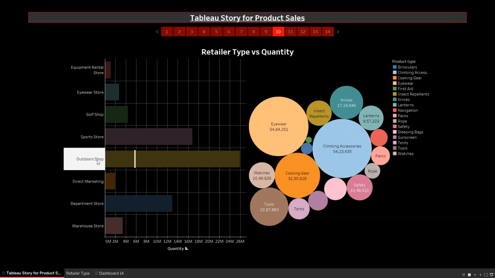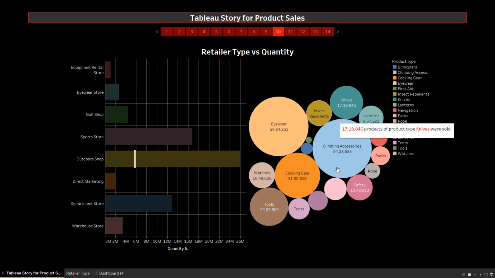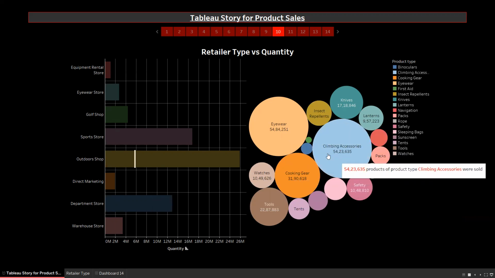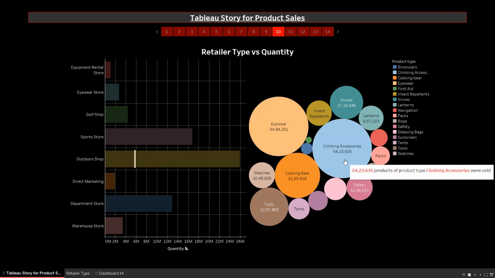If I choose the outdoor shop retailer, it shows all the product types which are sold by this retailer. For the outdoor shop retailer, eyewear has the highest quantity sold, followed by climbing accessories.